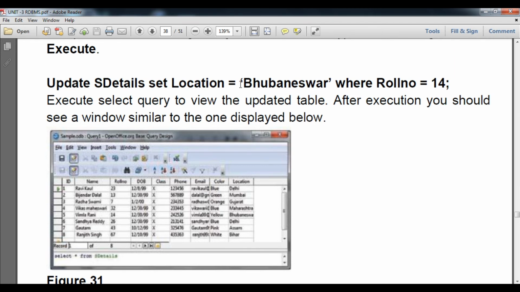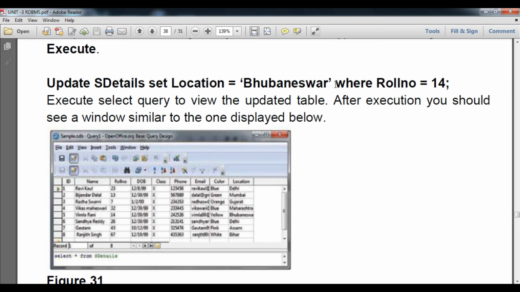This Bhubaneswar is text, that's why it is in single quotes, WHERE roll number = 14. It means wherever the roll number is 14, change the location to Bhubaneswar in the table sdetail. You can see the roll number 14, and Bhubaneswar is changed.